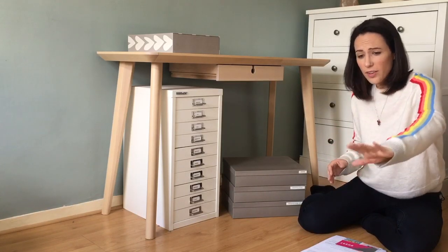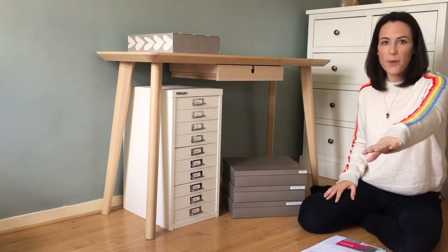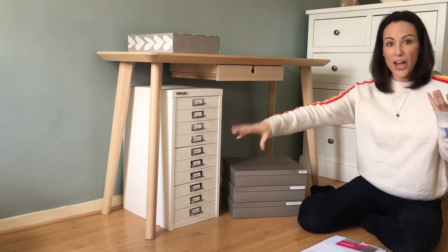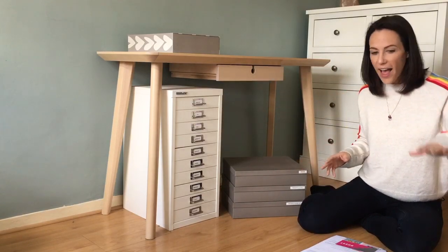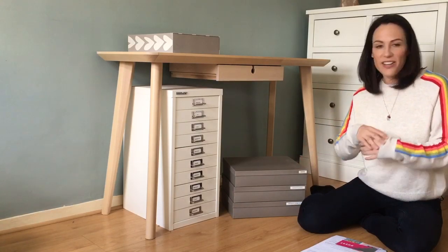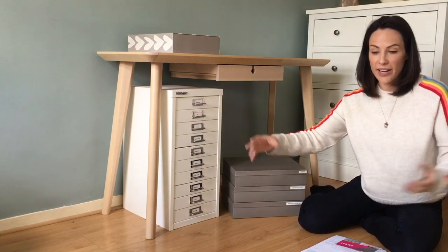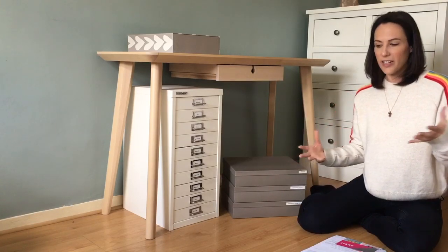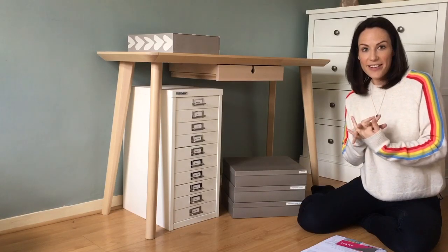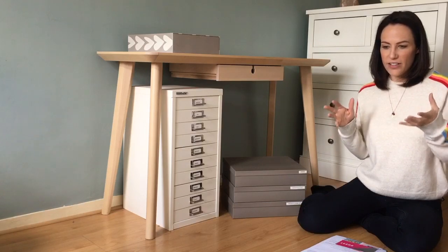All your bills will go in one pile, all of your car related paperwork in one pile, house rental, any big purchases that you've bought, there'll be a pile for health, a pile for banking, maybe insurances, the list goes on. But as you go through that paperwork, the categories will become clear, and keep as few categories as you can. That will take a while, and it may be something you want to do over a few days and keep to the side of the room. But once you've got everything into your categories,